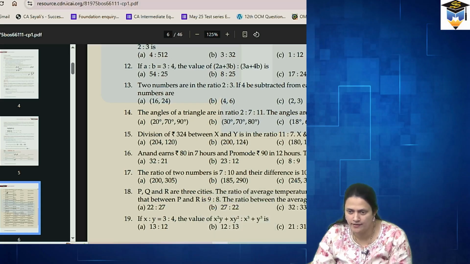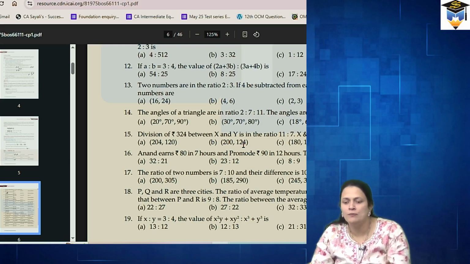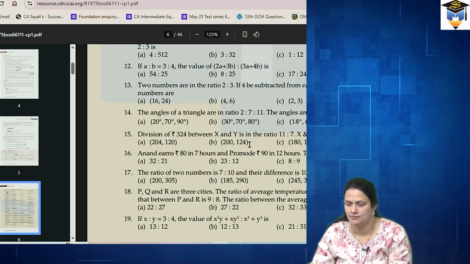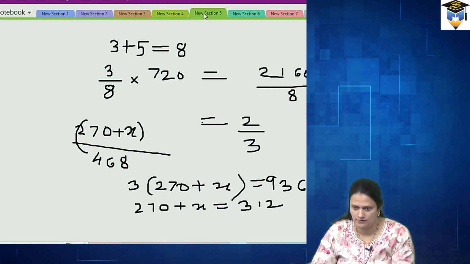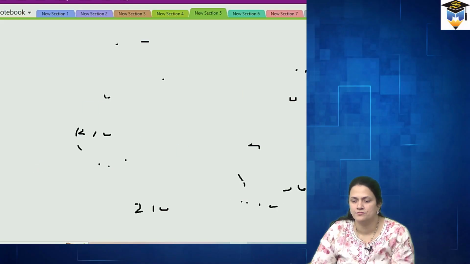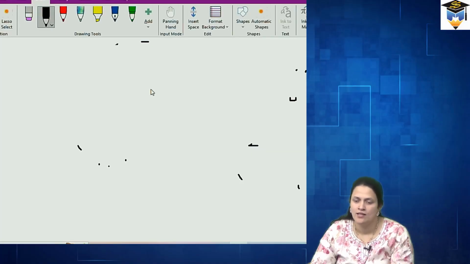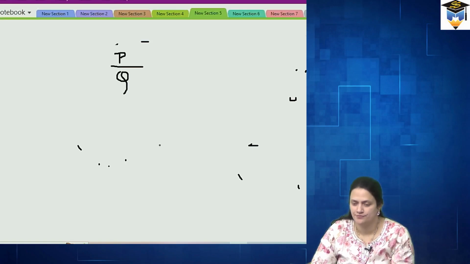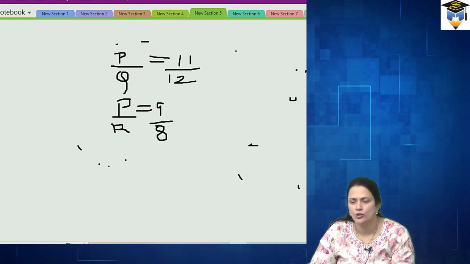कैसे करना है? कौन बताएगा? नाही, P अपॉन Q दिलाय आपल्याला 11/12 आणि P अपॉन R दिलाय 9/8. करेक्ट, थिंकिंग बरोबर आहे. मला सांगा P अपॉन Q काय दिलंय आपल्याला आणि व्हॉट इज P अपॉन R आणि आपल्याला फाइंड आउट काय करायचं आहे? Q अपॉन R.